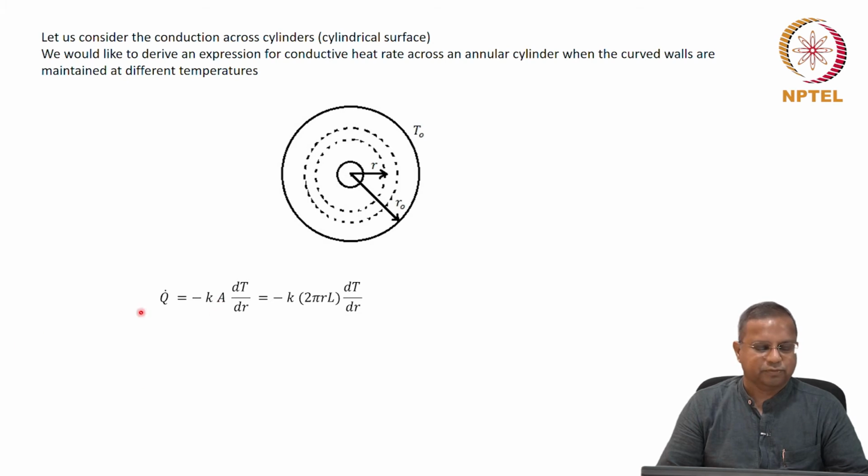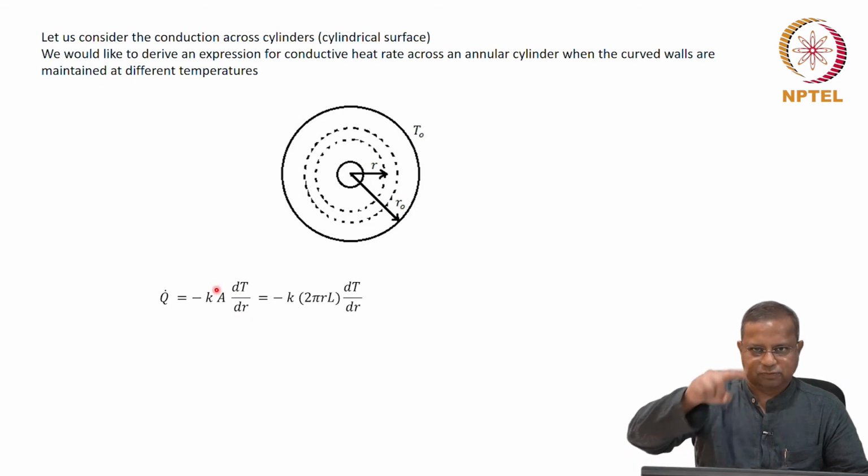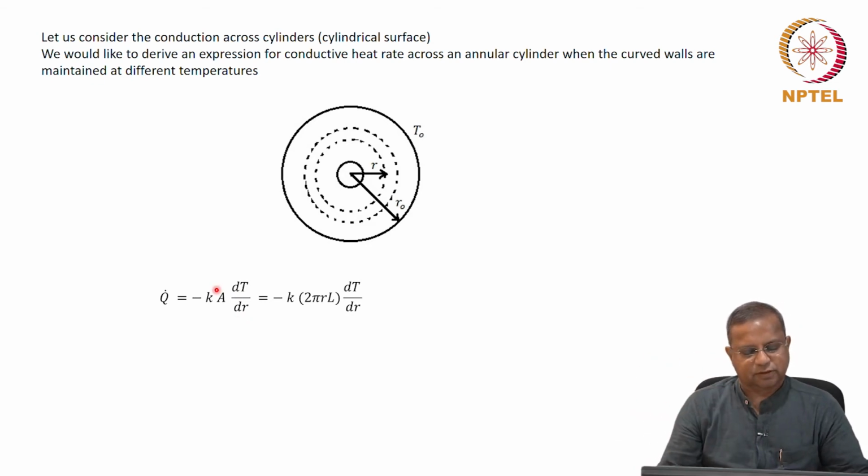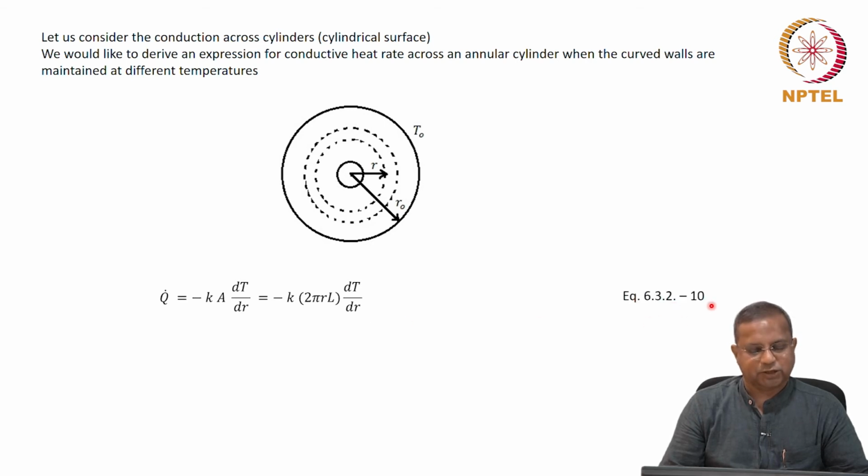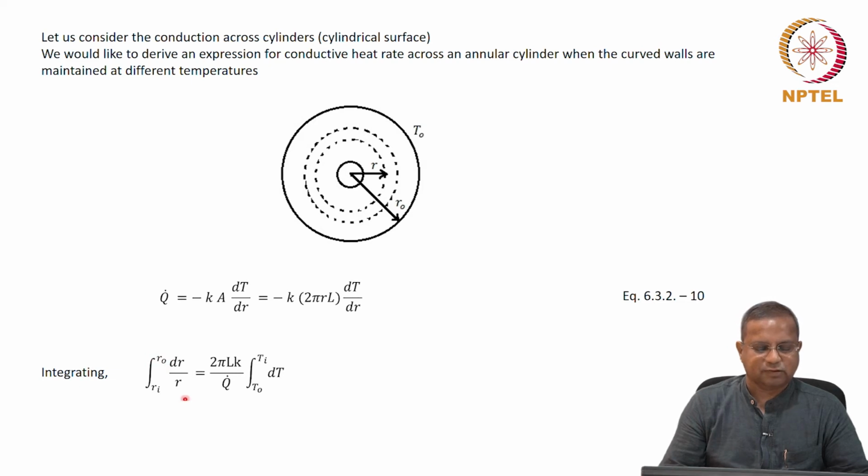So, we know from basic Fourier's law, Q dot is minus K A dT/dr. It is radial, so minus K 2 pi r L, where A is 2 pi r times L, dT/dr. Equation 6.3.2-10. And if you integrate from Ri to Ro, that is what the variation here is, you get 2 pi